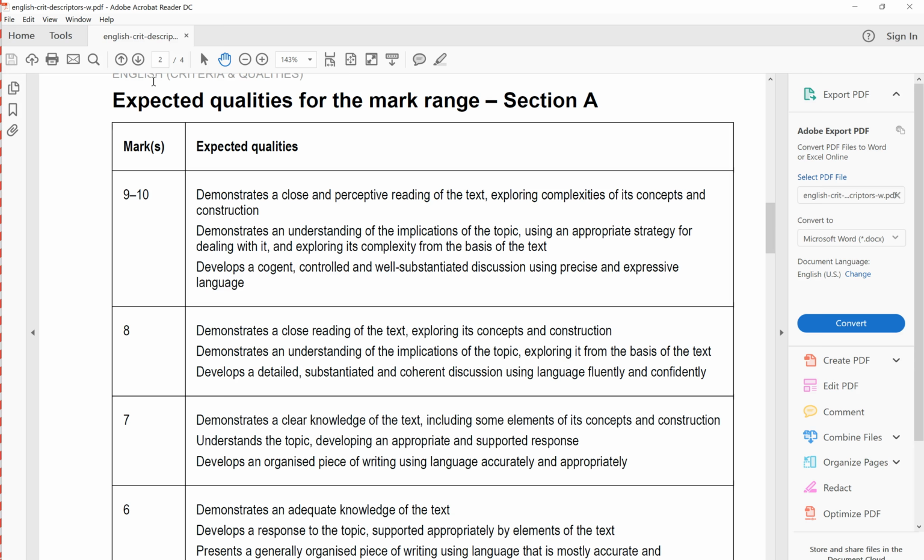So go to the VCAA website, print yourself off a copy of that, whack it up at your study space. When you're doing some writing and you finish that practice piece, go and assess yourself. Print off 10 copies, use this to assess your mates' work. Give them some feedback that is relevant to those criteria, that uses the words and the language of that criteria so that you're getting familiar with what assessors are looking for. All right. Cool.